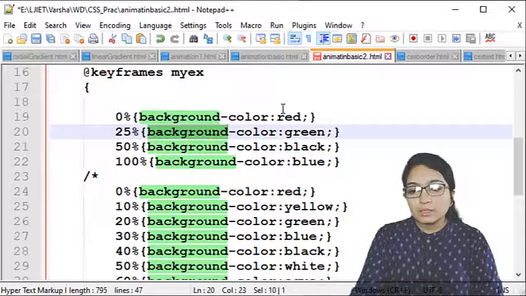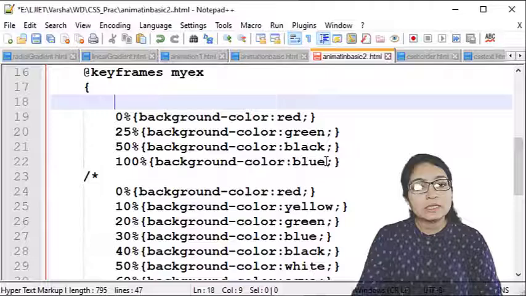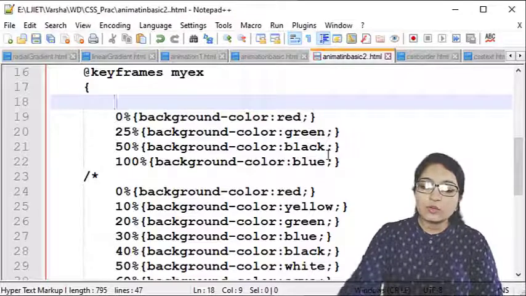First see the values using the percentages. At 0% it is red, at 25% it is green, at 50% it is black, and at 100% it is blue. Okay, so let's see the output of this.